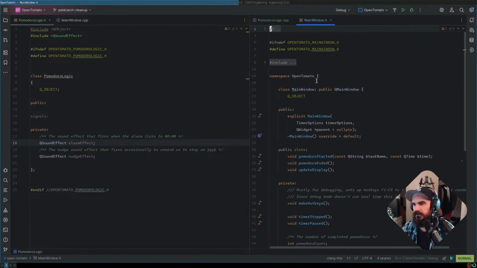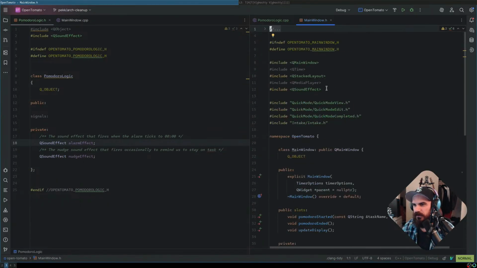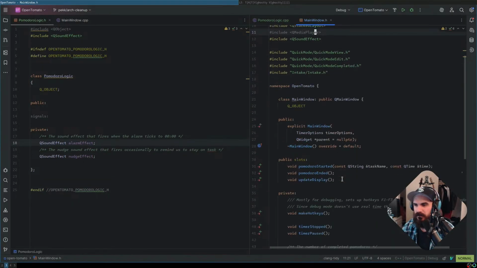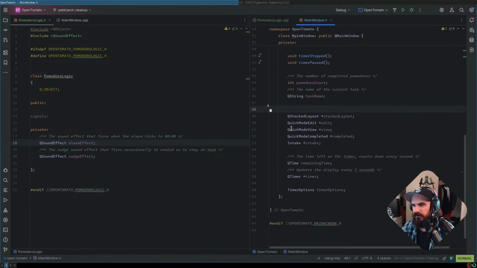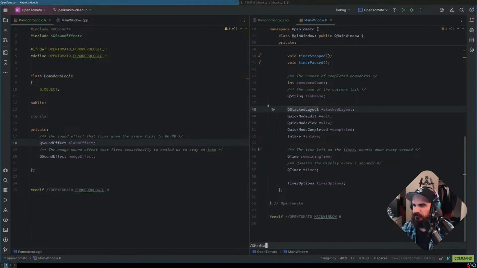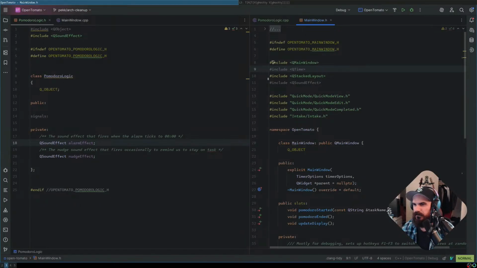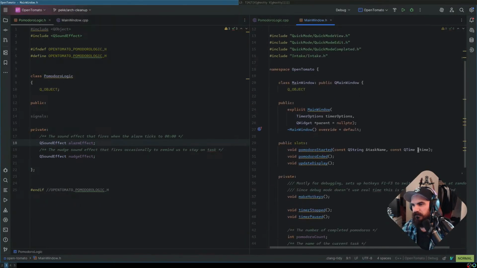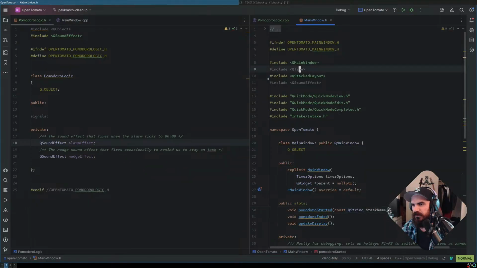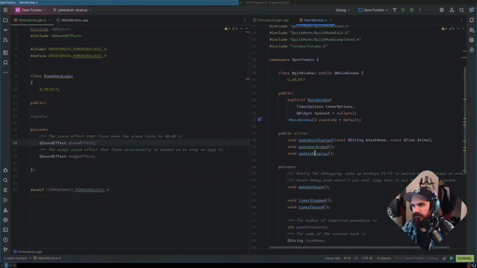Is that what I did here, or did I include QMultimedia? QMediaPlayer is what I included. Oh, I also had to include that. Okay, so that's fine. Do I use QMediaPlayer? No. I don't think I use QTime. Oh, I probably use QTime right here, but it looks like it doesn't need it because something else is including it.